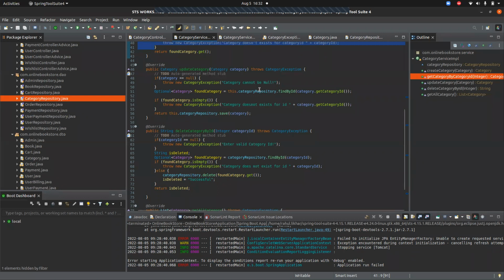Okay, I understand. This is your update method and you're trying to update a category. And if that category is not there, you want to give the information that the particular ID you are searching is not available. If it is not there, then you would like to give an exception. Yes, sir. So you need to give an appropriate message. Not "category does not exist for ID", but "category does not exist to update." That will be the more appropriate message, no?